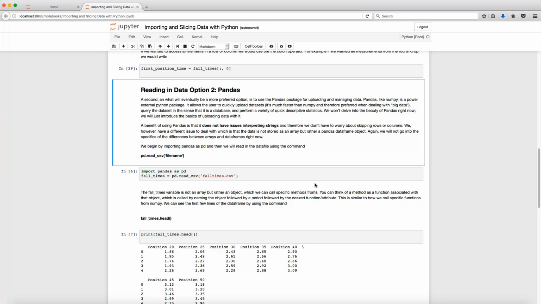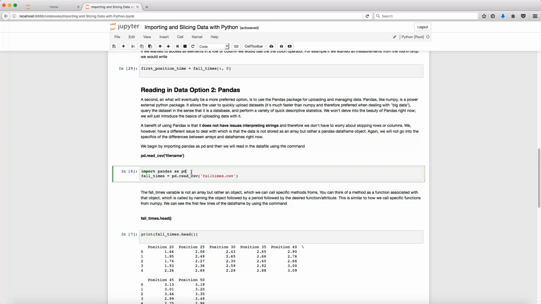Now, if you're only dealing with a small set of data, or even a medium set of data, you probably won't notice the difference. But when you're dealing with big data sets, for example, a data set with maybe 10 to the 7 samples with 3 different variables, loading efficiently is going to be a really important aspect of your programming. So we're going to start by, again, reading in this